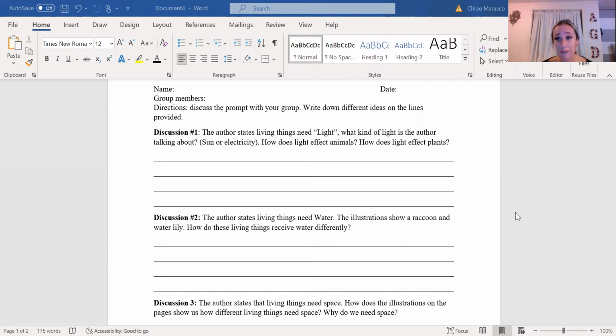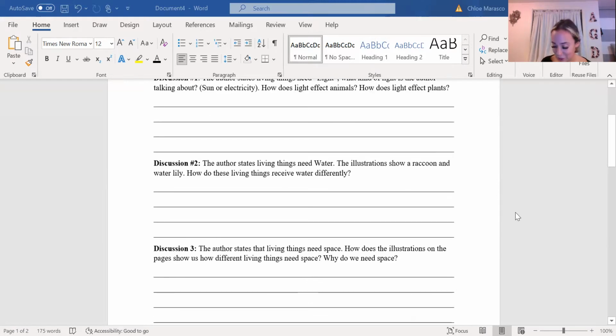I want to get the students to start thinking. The first page, straight off the bat, get them thinking, get them talking to their partners in their class, and really think about what they're thinking and say it out loud, just having that conversation. A lot of articles that I read on think alouds pretty much say that think alouds are just talking exactly what you're thinking, like eavesdropping on somebody else's mind, and that's what I want them to do. I talked about the illustrations. The illustration showcases the sun, so I want them to say, well, the author put a picture of the sun, so I'm pretty sure they're talking about the sun.